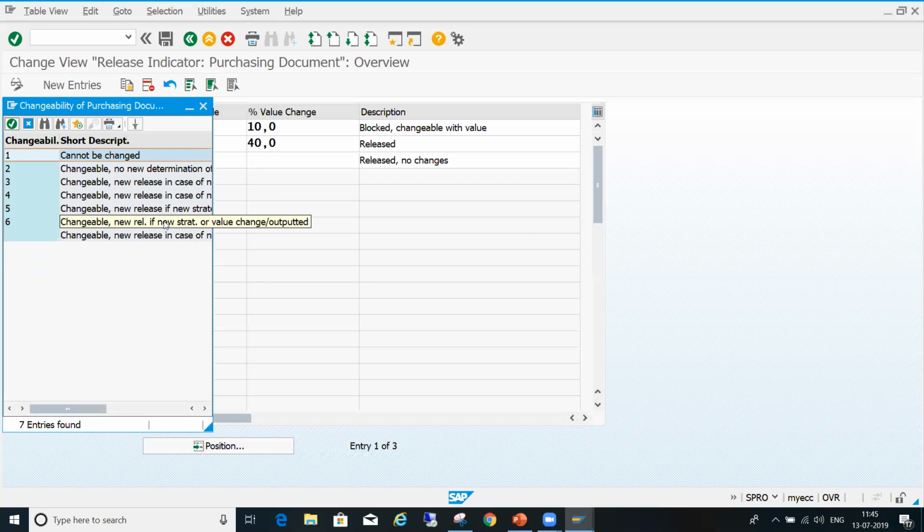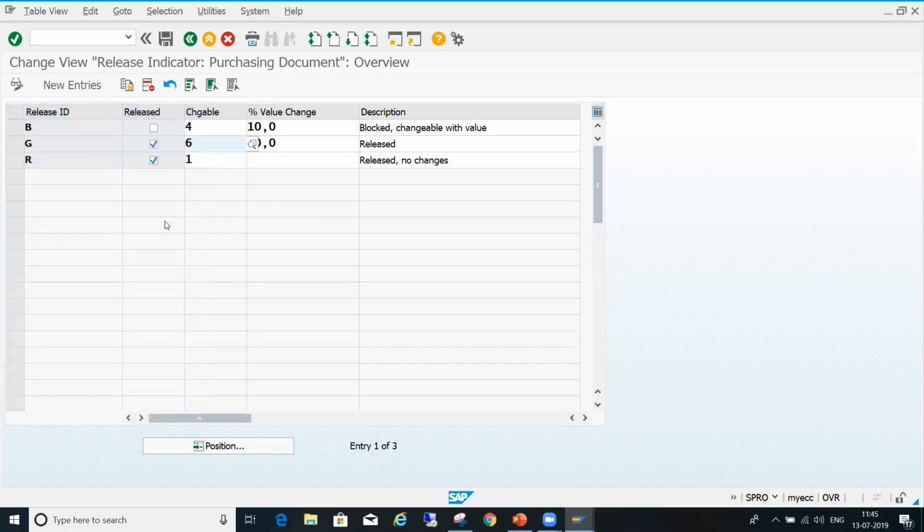If the value increases, then the new strategy will trigger. If the value is less, it will not trigger a new strategy. If the value increases, it will trigger a new release strategy. Means once the PO is released completely, then if you again change the net price or material price, then the release strategy will trigger again. These changes you have to make.